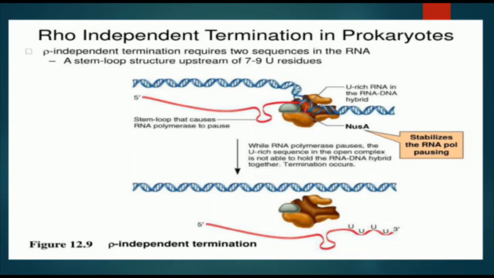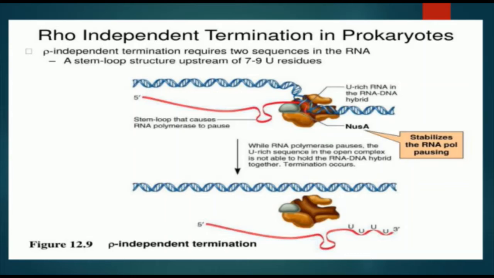This is a pictorial representation of Rho independent termination. In this figure, you can see newly synthesized mRNA. The red color shows newly synthesized mRNA. In that, you can see a hairpin loop structure. While the RNA polymerase pauses at the hairpin loop, it is not able to hold the RNA-DNA hybrid together,